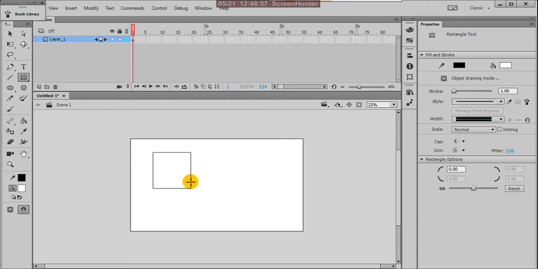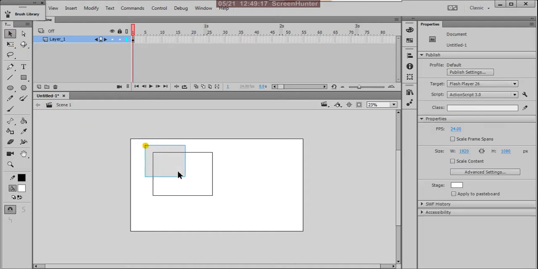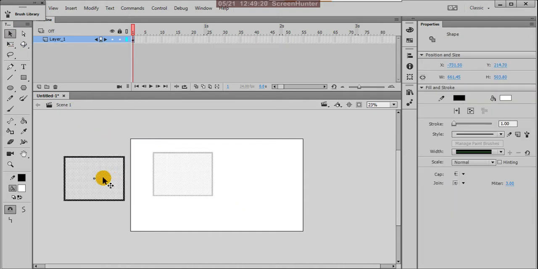By pressing Shift you will get accurate squares, and if you release the Shift, you'll get horizontal or vertical rectangles. Okay, I created it. After that, by using the selection tool, you can select this. Suppose this is our stage, and this is the pasteboard. I drag this box onto the pasteboard.